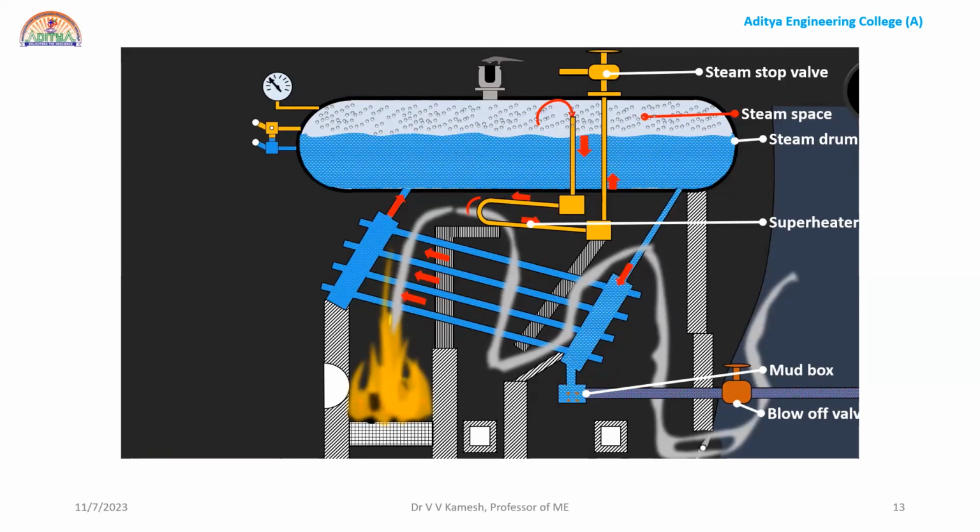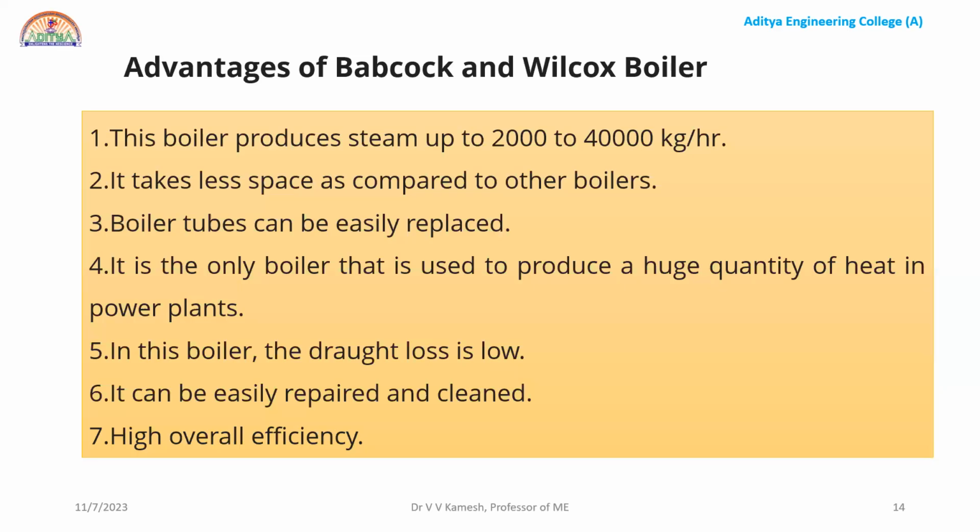The hot gases, while moving from the uptake header to the downtake header, in between visit the superheater tubes. So automatically some heat transfer will be there. Due to that heat transfer, steam will get superheated. Right. So this is the working principle of the Babcock and Wilcox boiler,